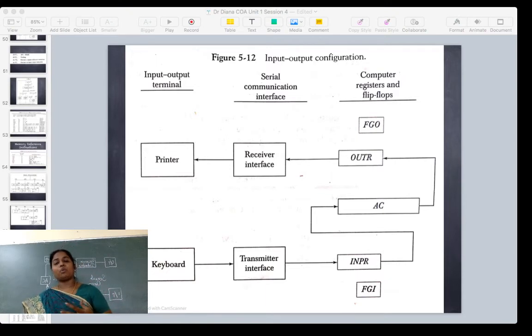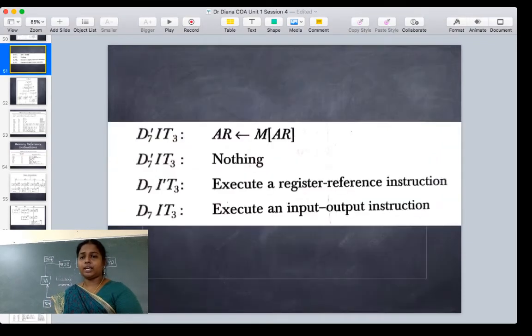When we look at input-output instruction execution, at what control information are these instructions executed? If you look back, you can understand that the control information for all input-output instructions is when D7 is 1 and when I value is 1. So both D7 and I value are 1. I am not indicating them as D7 dash, because dash comes only when the value is 0. So I have D7 and I, and at time cycle T3 I need to start my input output instruction.